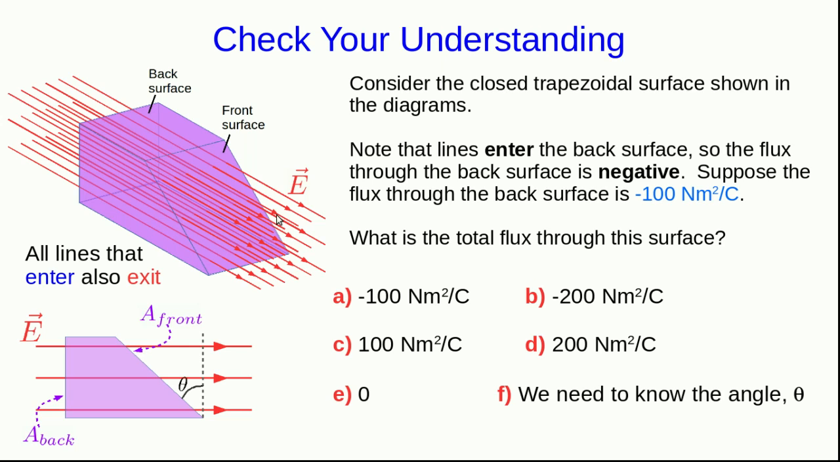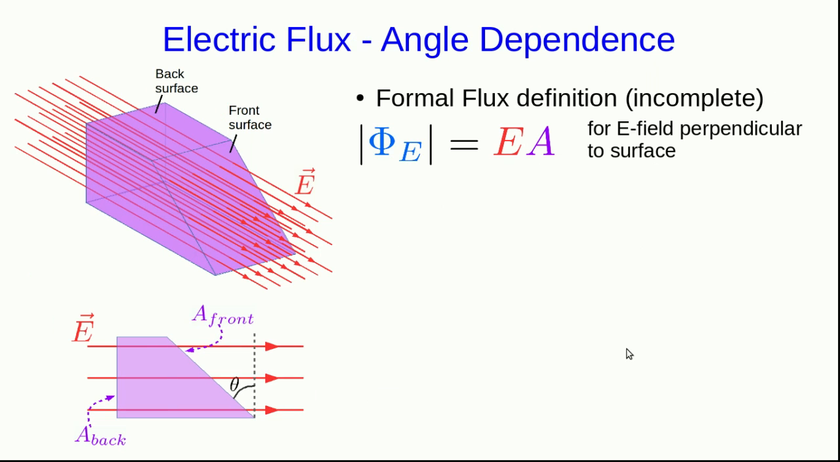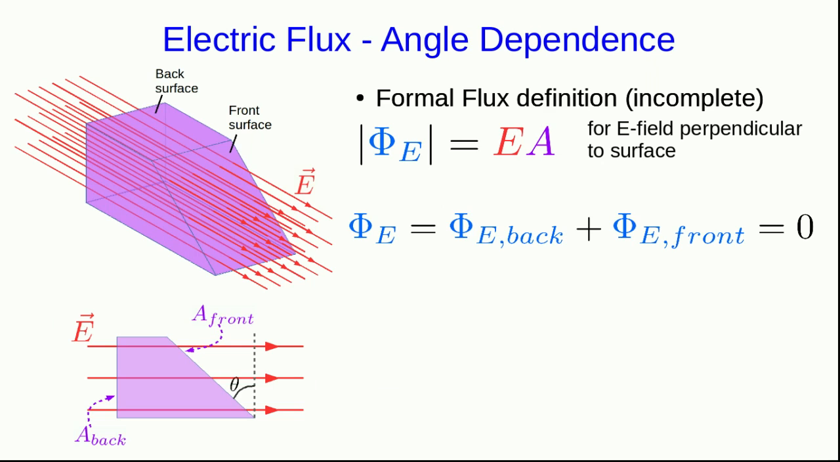That means the total flux must be 0. Note, as well, there's no charge enclosed in the surface. And we know that the flux out of the surface has to be proportional to the amount of charge inside. And that's true whether we're working with the formal definition or the informal definition. That argument that the total flux through this surface is 0 is the key argument we need to figure out